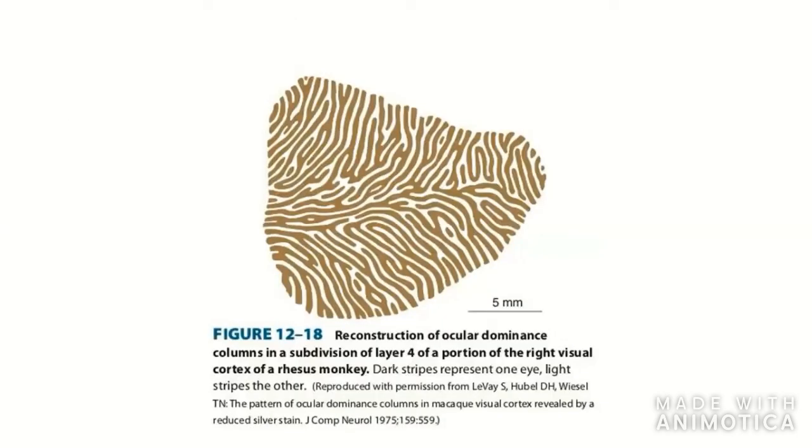So this is the ocular dominance column. As we had discussed in the visual cortex, there are various dominance columns. So the darker area shows that this area is mainly representing the image from one particular eye, and the lighter area shows that it is representing the image formation from the other eye. That is why we get this tigeroid type of pattern, and this is occurring because of the ocular dominance.